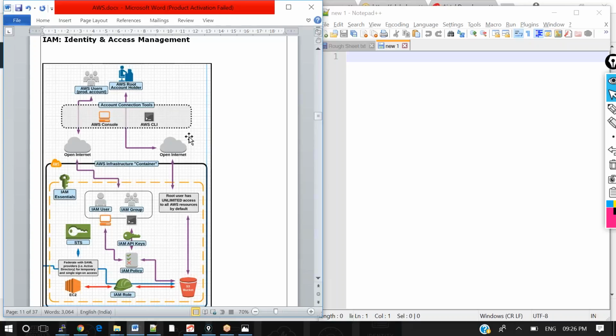Okay, so as per the architecture, what we are able to understand in this diagram is that we are a normal user, either a root user or a normal user, who is trying to connect to AWS, either through a console, which is the graphical mode which we are using.